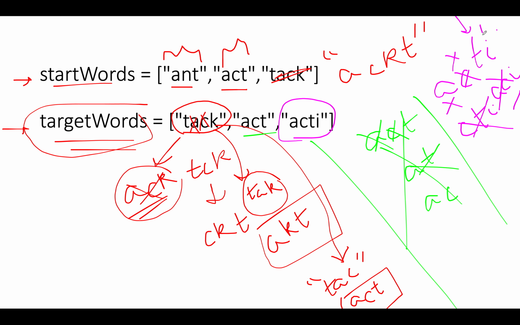And in the last, I'm going to remove this I. What is the remaining string that I have? It is ACT. Is ACT part of the start word? It is. Yes, it is there. So it will correspond to another possible solution. We previously had one possible solution. Now we saw another possible solution. The total possible solution count gets updated to 2.